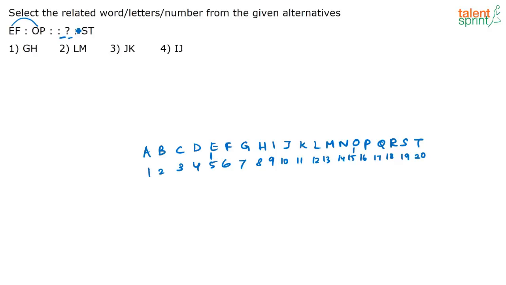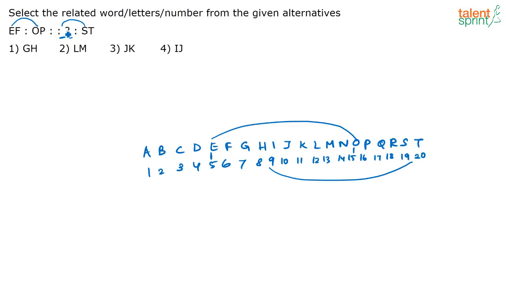The letter that comes first here should be S minus 10, correct? Because this letter plus 10 is giving you S. See here, E plus 10 is giving you O. Correct? So similarly, what will be S minus 10? Position of S is 19, you know. So S minus 10 is going to be 9. So what should come here? It should be I. Then only you will get I plus 10 is equal to S.